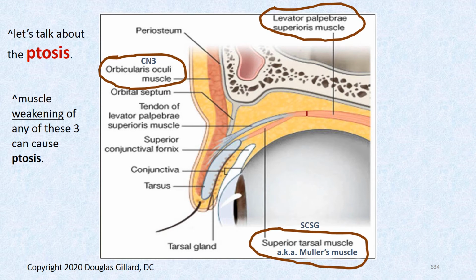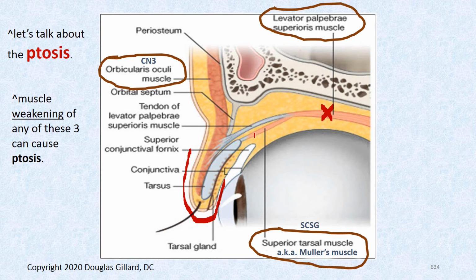There's another muscle that we learned in Gross 2, levator palpebrae superioris. That's also a cranial nerve 3 muscle. That also helps hold the eye open. So that's one problem. If you knock out this muscle, you're going to get a little droop of this eyelid. It's going to droop down to here, right? And that's called ptosis. There's another muscle that connects called superior tarsus or superior tarsal muscle or Mueller's muscle or